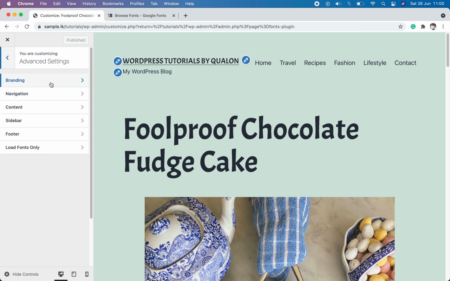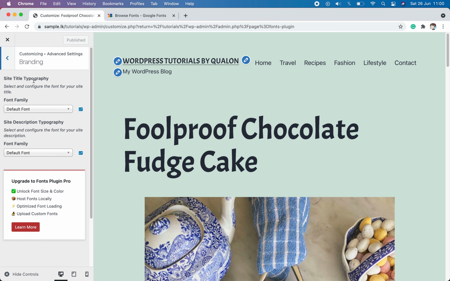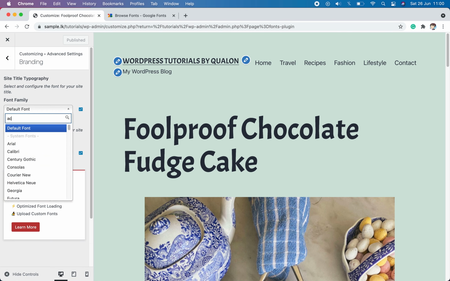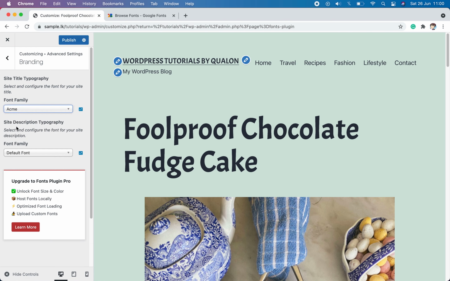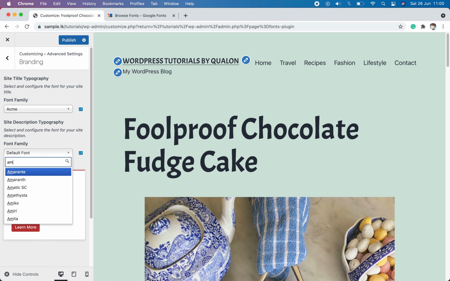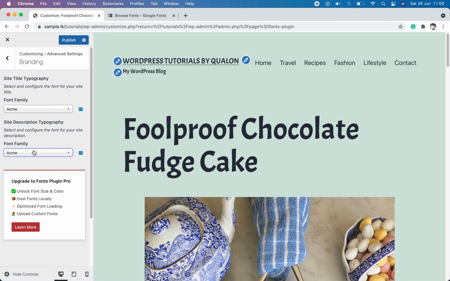In the Branding menu, you will see there is a separate typography for site title. You can edit the font there. And there is a site description typography that will change the font of the site description. Although we couldn't change the description font before, now we can edit it too.